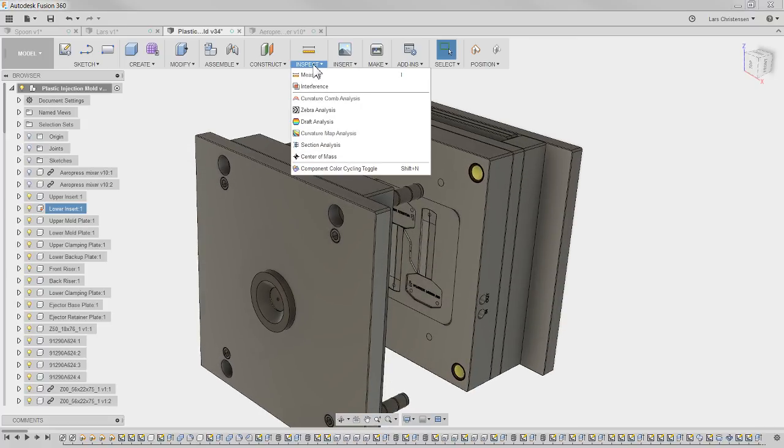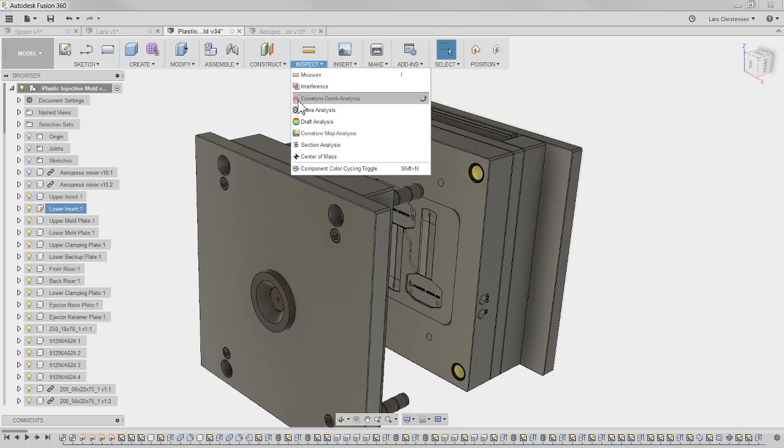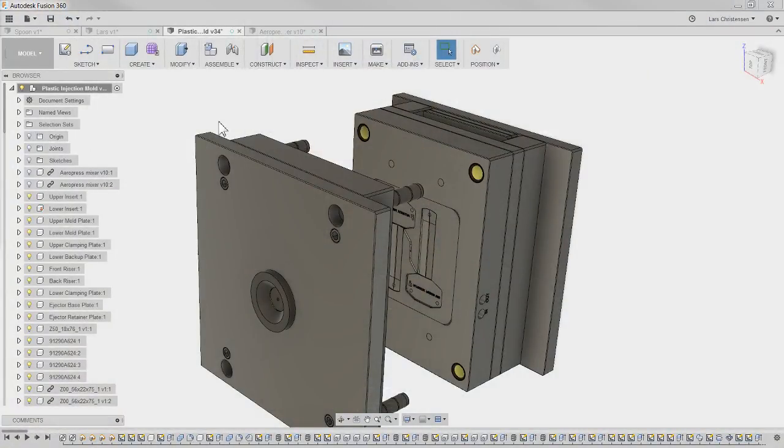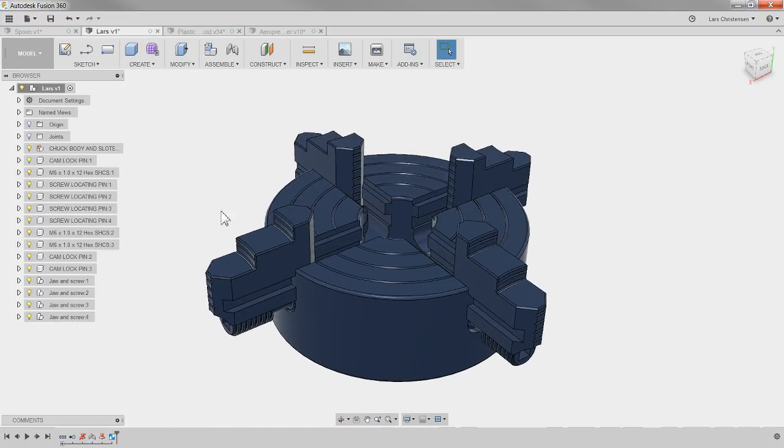Another tool that is in here that I really like is the interference tool. I actually used to have a rule back in the day when I created a lot of work holding fixtures for the shop floor. I was not allowed to release anything that was an assembly to the floor unless I had gone through the interference detection. Because what happens many times when you're modeling things, I think I have this example here,